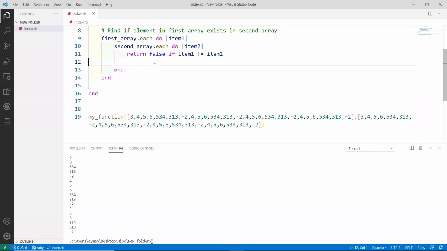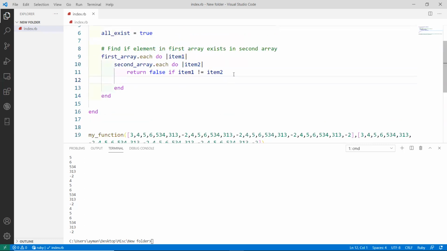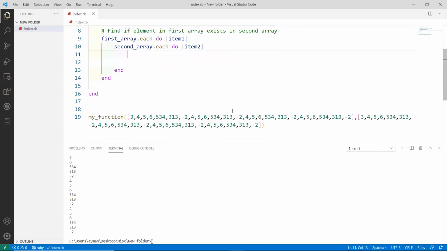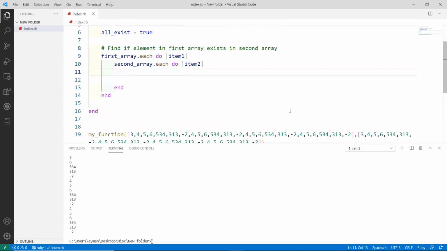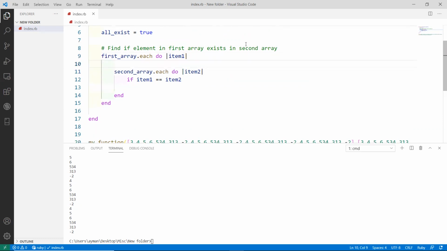Right, so we're looping what? No, what am I saying? Find if an element in the first array exists in the second array. Okay, so we want to loop through the second array. We're saying if item one is equal to item two, so item exists, something exists is equal to false. Okay, we could say if item one is equal to item two, then